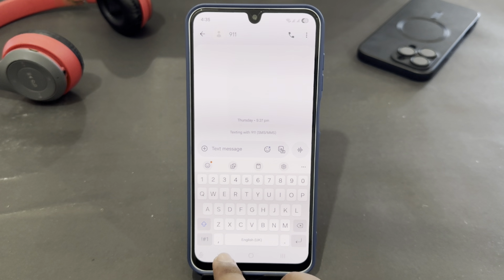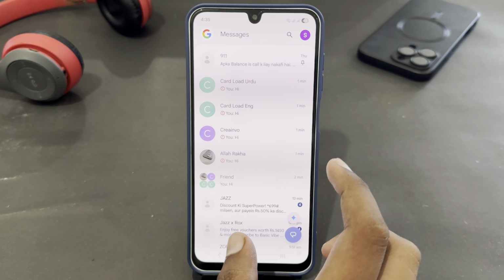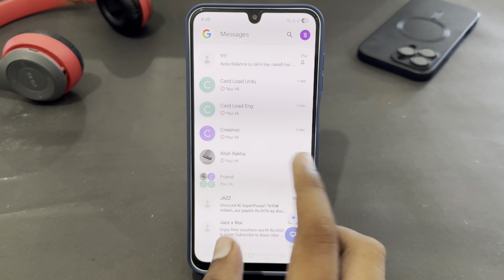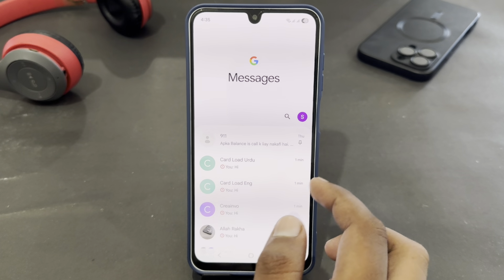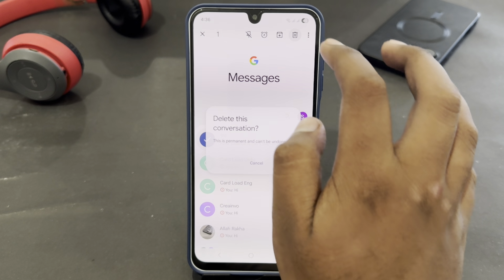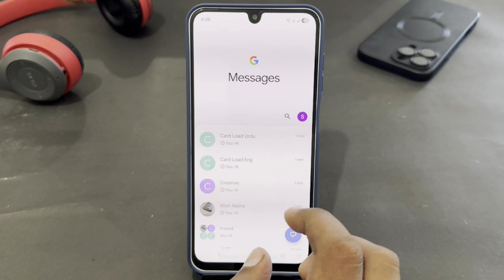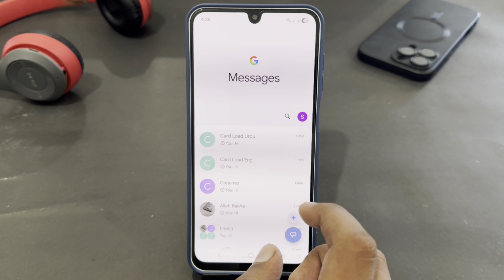As I have deleted the message, just go back. In this way, you can delete the message, but if you want to delete any conversations, let's see how. You must keep a long press on that conversation and then select this delete option here, then tap on delete. So in this way, you can easily delete any text message or any conversation in your